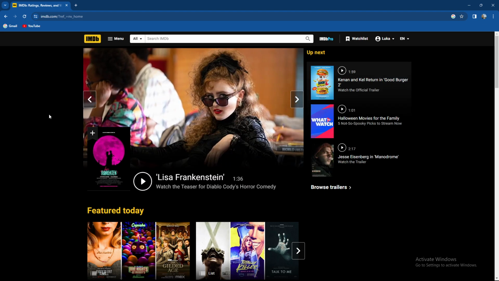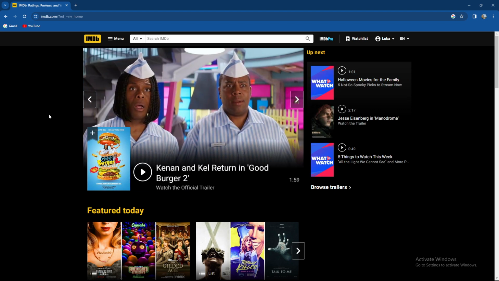So guys, how to change language on IMDb. So let's say you're not quite fond of English and you want to change it to something more suited to you. So how to do it? Well, basically you need to navigate to the upper right corner of your screen next to your profile options, where